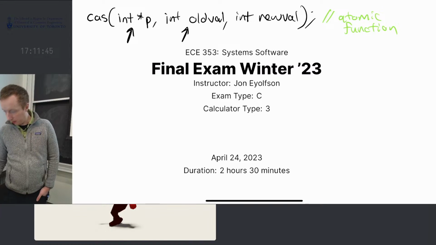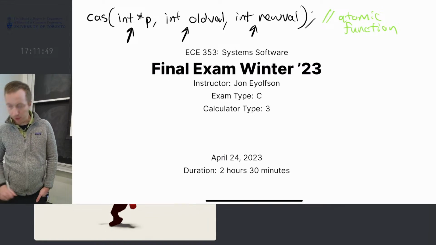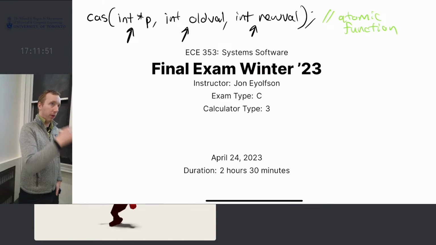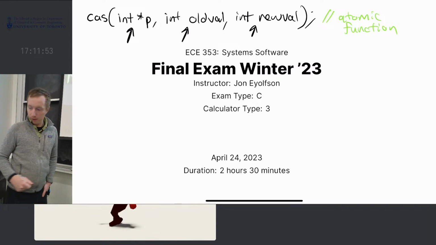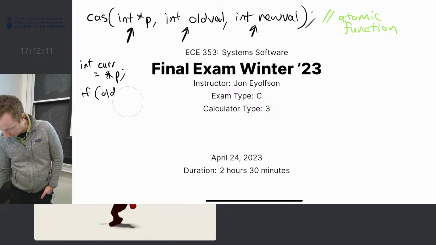If it is, it will atomically swap the value and put in the new value. And it always returns whatever it currently read. So atomically, it would essentially do: current value equals dereference p,